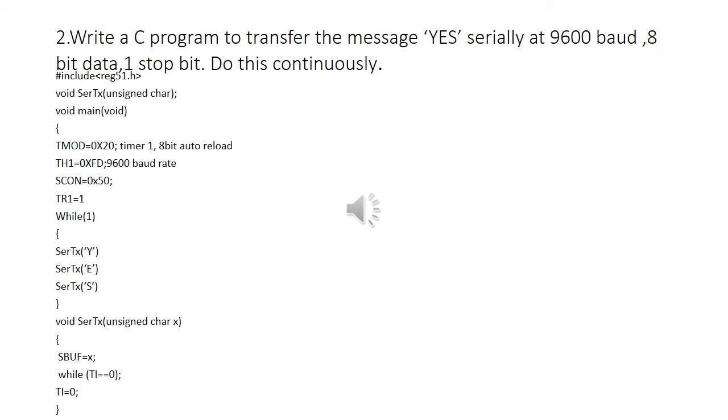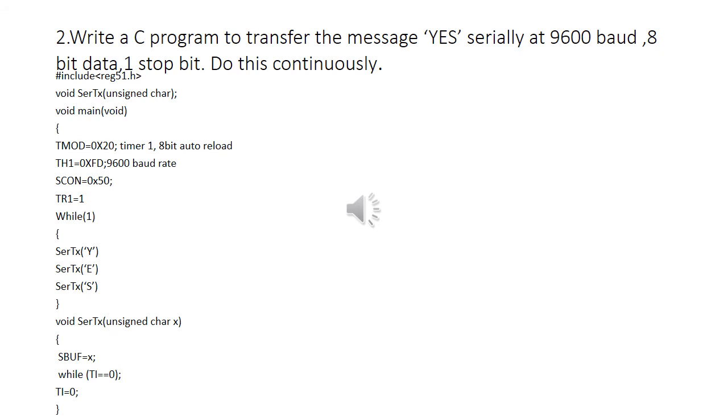Then you are going to make use of while the transmit interrupt flag is equal to 0. So it will remain in this loop until the value of the transmit interrupt flag becomes equal to 1. Once it becomes 1, you exit from this loop. After that you are going to clear the transmit interrupt flag.